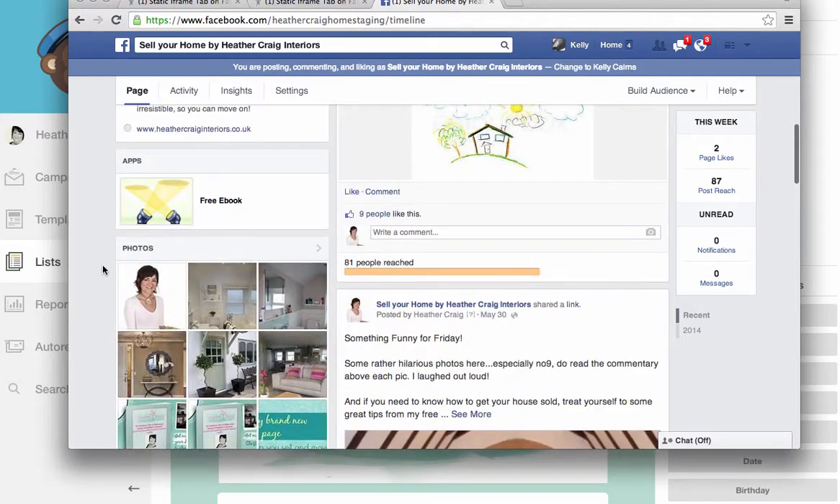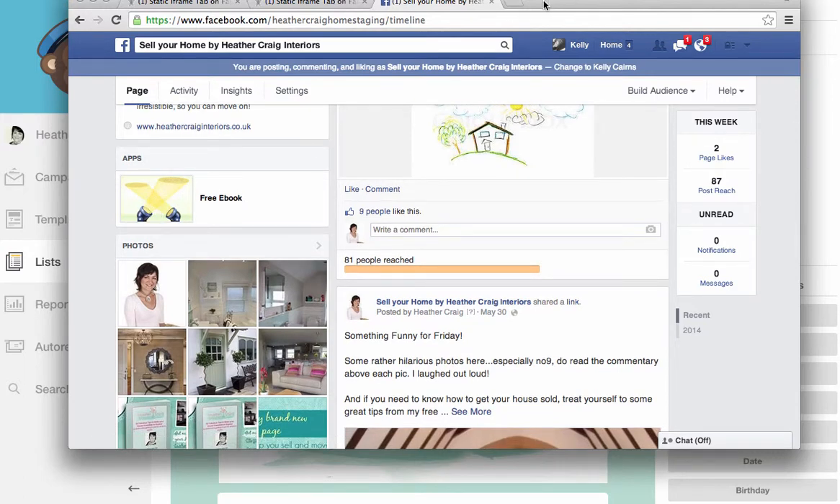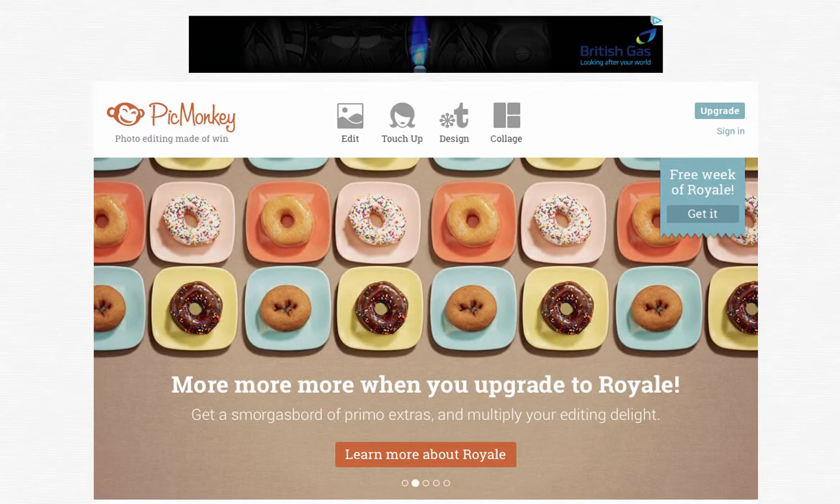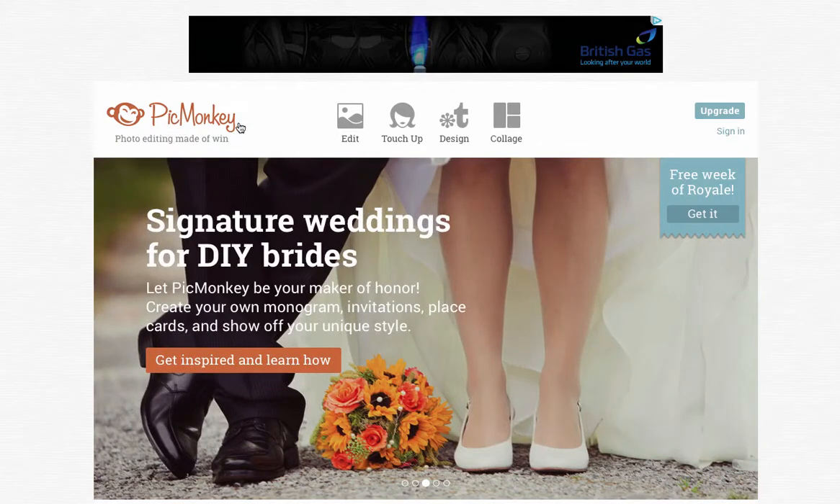So you can see that the tab is now here under the app section, but because of the static iframe, they automatically add this ugly image to your page. So what we're going to do is change this image to something that we want to use ourselves. Okay, so we're going to go to picmonkey.com, which is what I told you about just now. So it's picmonkey.com, all one word. Okay, we're going to go to design,